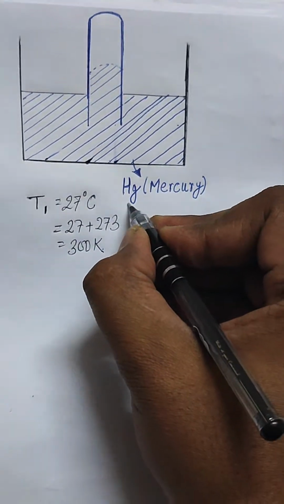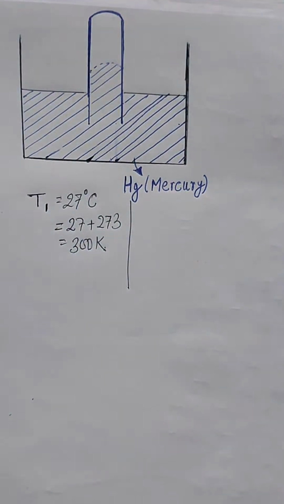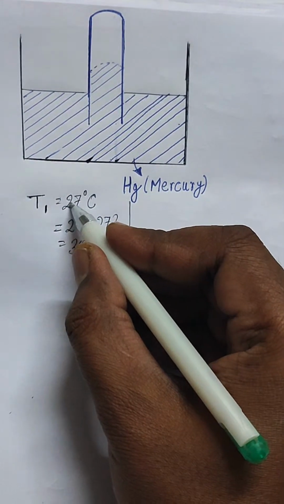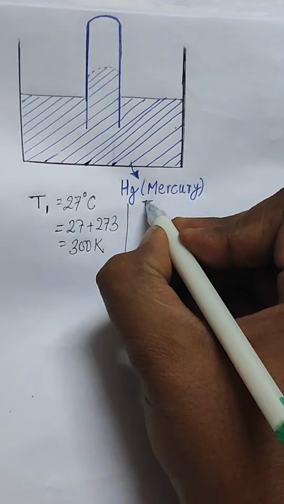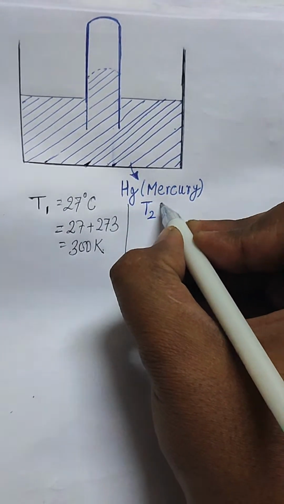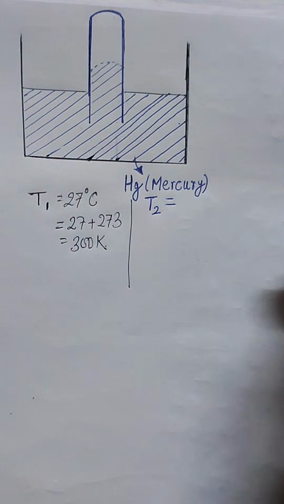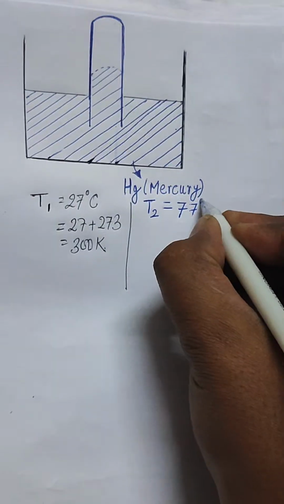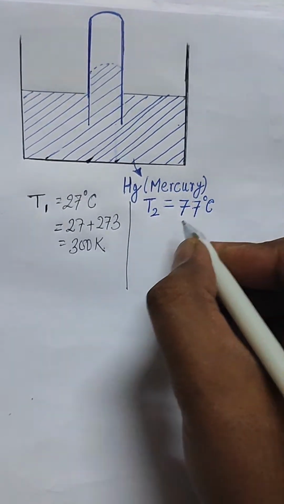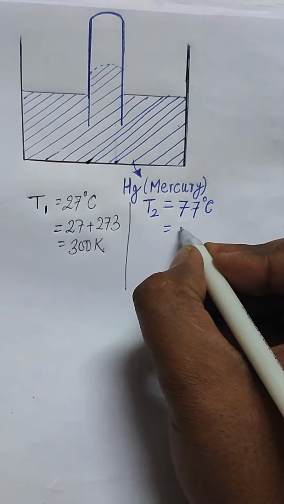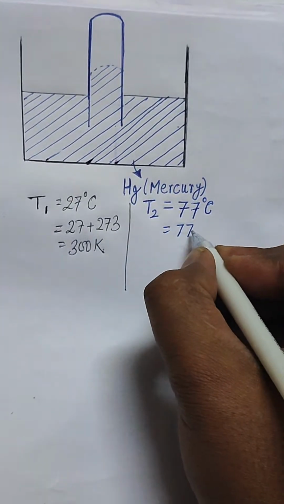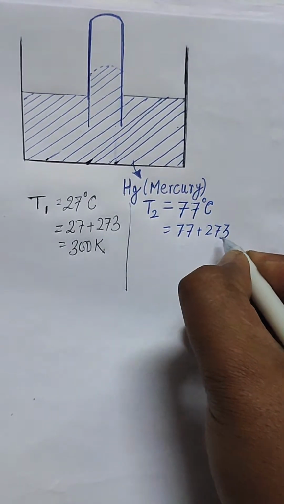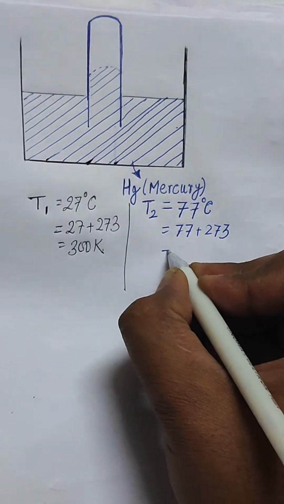And in the second case, the temperature is changing from 27 degrees C to the new temperature. What is the new temperature? Let us say T2. It is given to you as 77 degrees centigrade. Now just convert this centigrade into Kelvin. So add 77 with 273, and when you add it, you get a value